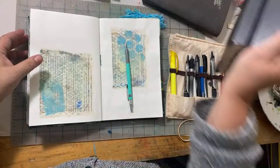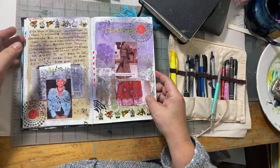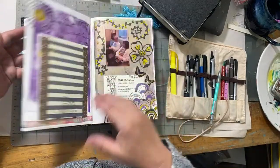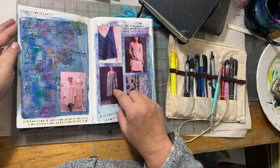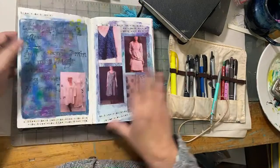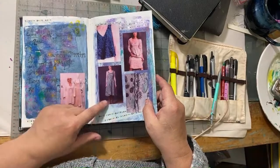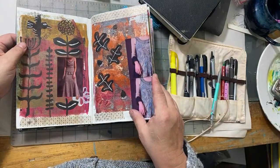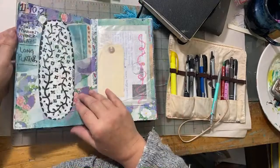Oh, it might be in this journal, the one that I'm about to work in. I had pinned some ideas like layering the skirts. I think the same thing with layering dresses with a pinafore. This is almost like that same idea. Oh, I love Natalie Shannon. That's her right there. I love her work. Beautiful, beautiful stuff. Anyway, I think I'm going to move forward with that idea,